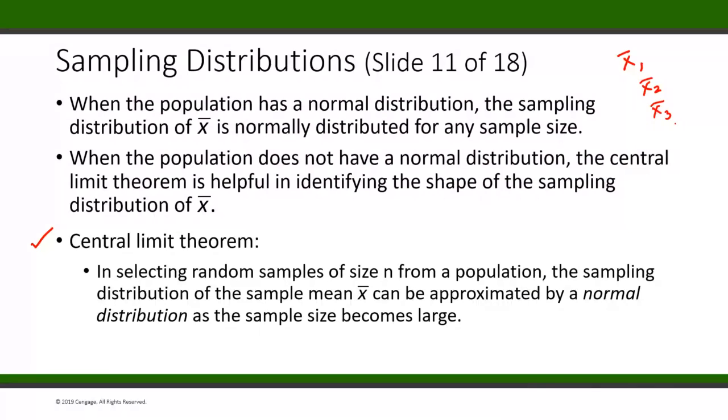There are two possibilities. When the population is normal, the sampling distribution is normally distributed for any sample size. So we have a sample size of 30 in each one of them, and we took a lot of different samples. And if the original population is normally distributed, which means